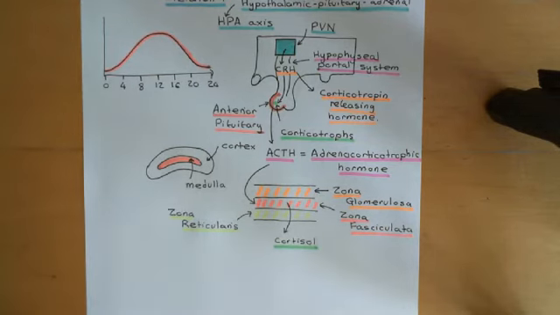So if you want to elevate cortisol levels in the blood, you have to tell the paraventricular nucleus to tell the anterior pituitary to tell the zona fasciculata to release cortisol into the blood, basically. We've seen all these intermediate hormones, which are the intermediate messengers, basically. So that's how we can drive the release of cortisol into the blood.